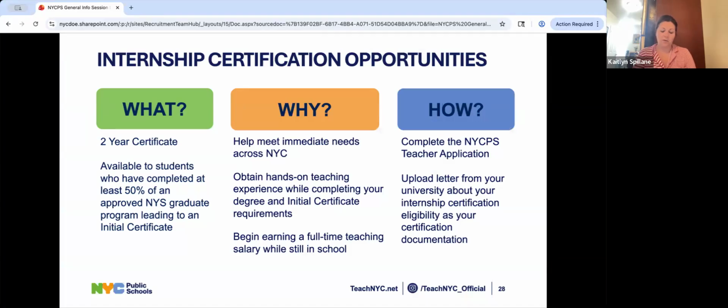So if you're at a certain point in your schooling, you may have an opportunity to obtain an internship certificate. The internship certificate is a year certificate available to students who have completed at least 50% of an approved New York State graduate program, leading to an initial certificate. An internship certificate helps to meet immediate need across New York City. So obtaining hands-on teaching experience while completing your degree and initial certificate requirements and beginning earning a full-time salary while